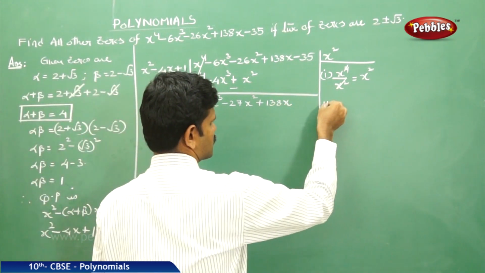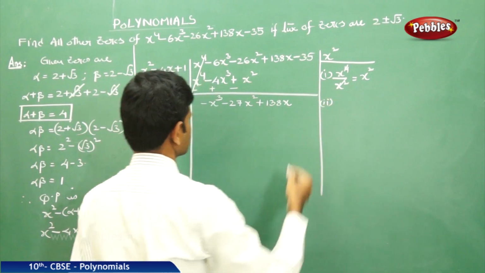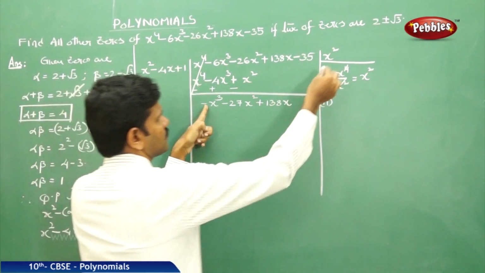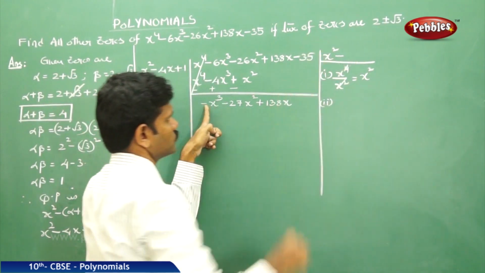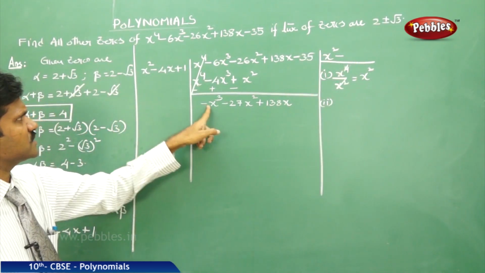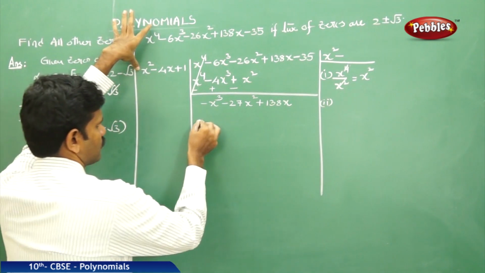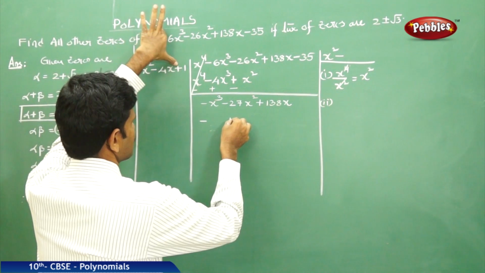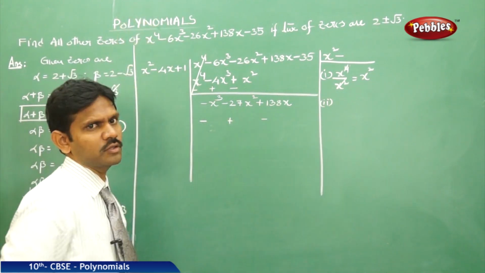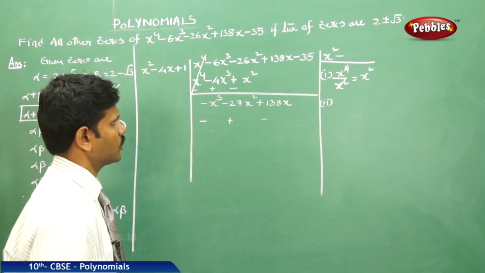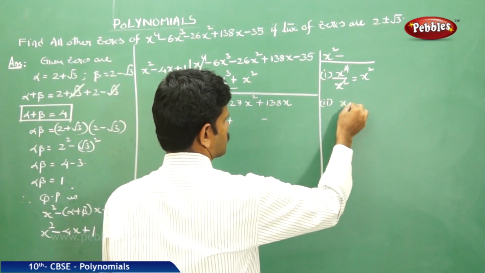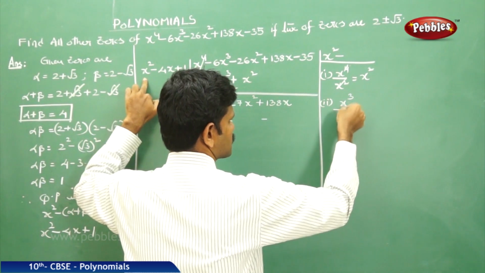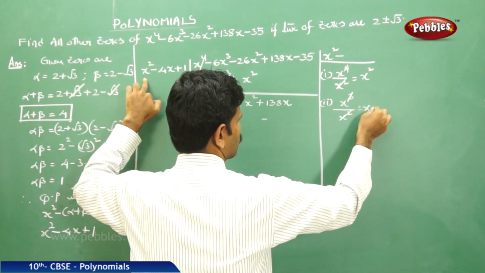Now second cancellation. Before going to do the second cancellation, here the first part contains a negative sign. That sign must be shifted to the answer part. Next, change the signs. Here plus is there, write the minus. Minus is there, write the plus. Plus is there, write the minus, which will make it simpler. Now second cancellation, x cube by x square. x square cube get cancelled, which will give you x.